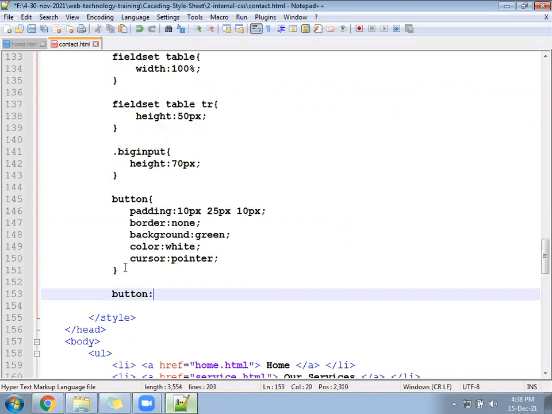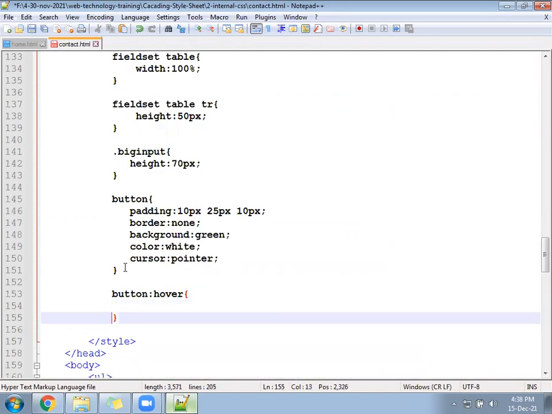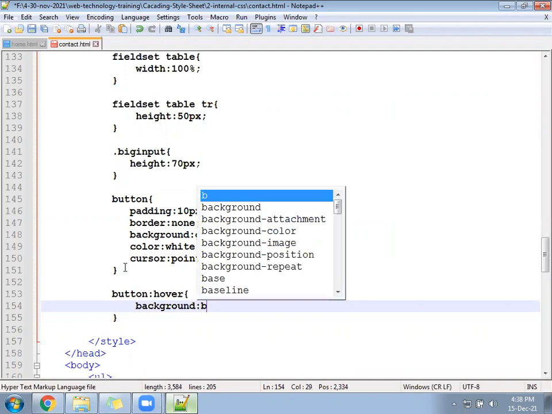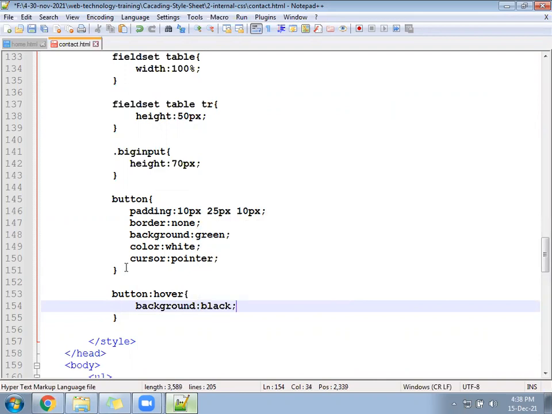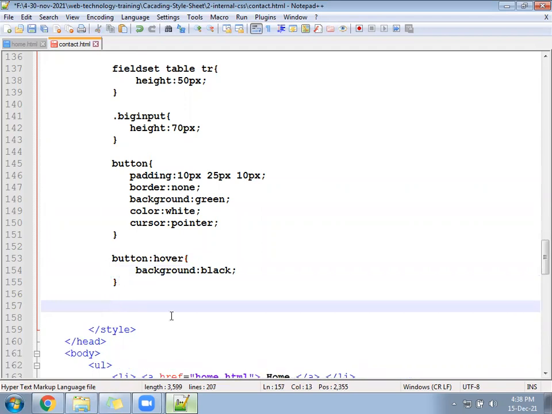Button colon hover. Once you do button colon hover, the background of the button will convert into which color? Black color. Hover means once the mouse touches that, not a click. Click is called focus.